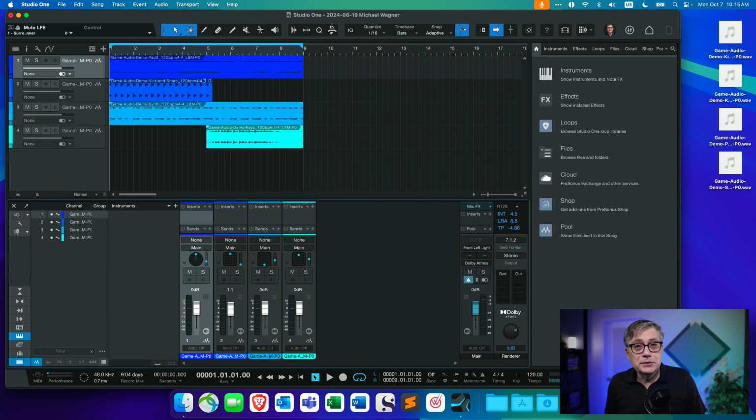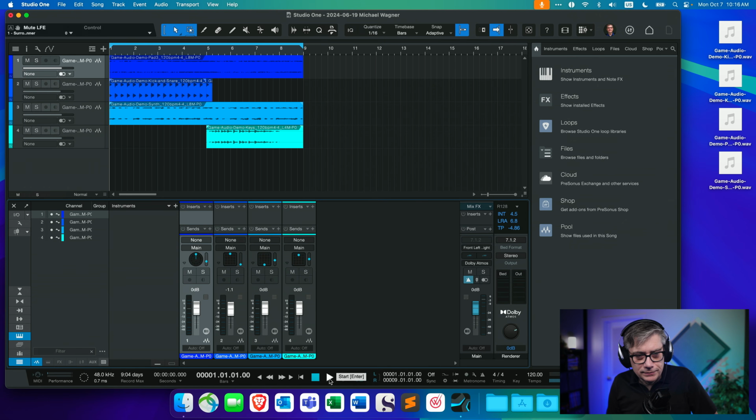Let's jump into today's session and load up Virtuoso 2. Now I've decided to work with Studio One today. This, by the way, is still Studio One version 6. I'm recording this video before Studio One version 7 came out. Doesn't make any difference though. All we really need is the capability of Studio One to have multi-channel output, and we're going to use a Dolby Atmos setup. And what I'm going to use here is an example that I used in a previous video, actually a couple of previous videos.